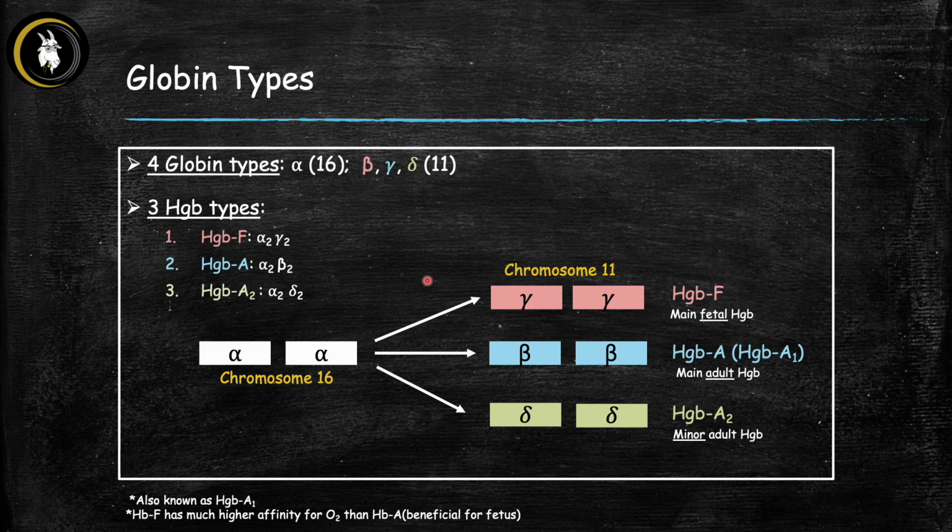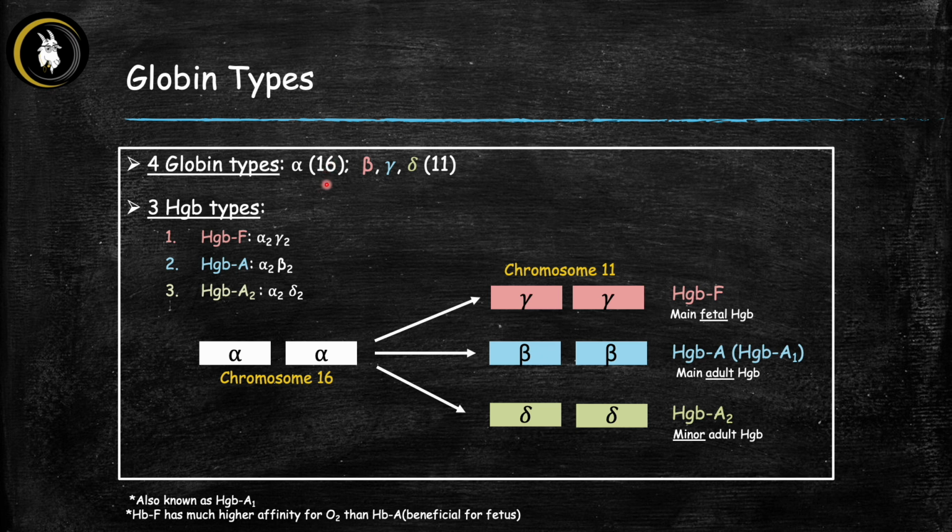Okay, so since thalassemia is a problem with globin, let's start with a quick mini lecture about globin and its different types. I said on the last slide that most hemoglobin is composed of 2 alpha and 2 beta chains, and this is true, but those aren't the only globin types. There are actually 4 main types of globin that compose hemoglobin. There's alpha and beta, which we already mentioned, but there's also gamma and delta. Alpha is encoded on chromosome 16. Beta, gamma, and delta are encoded on chromosome 11,